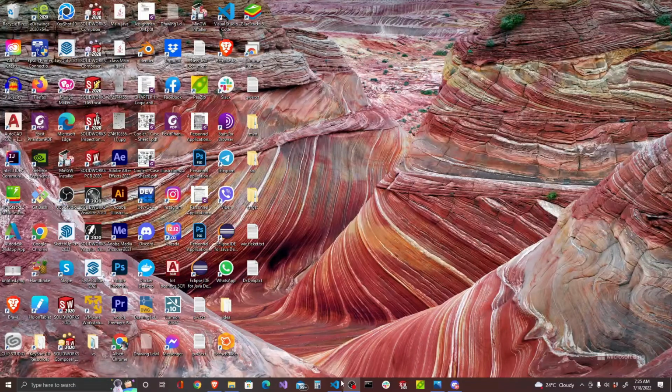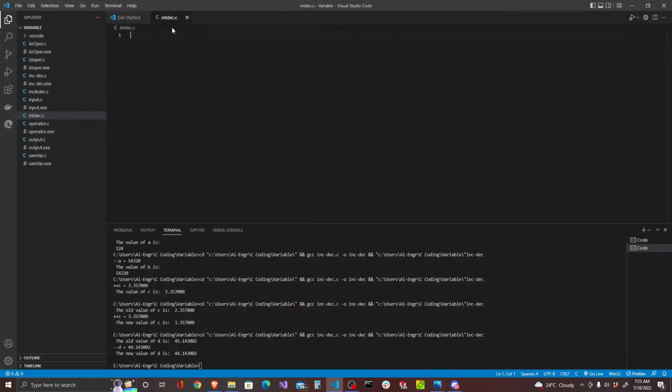So let's now create a code for that. We're just gonna put include stdio.h in here, and then after that we're gonna put int main, which is the body, and then we're gonna create int a, which has a value of 12, and then put also a b here, which is 23,